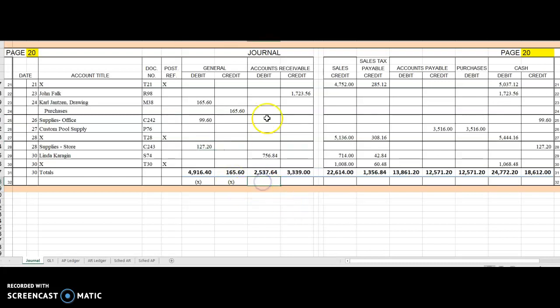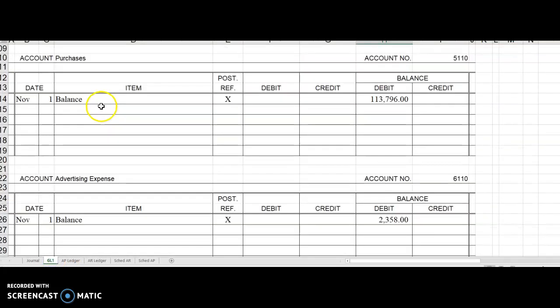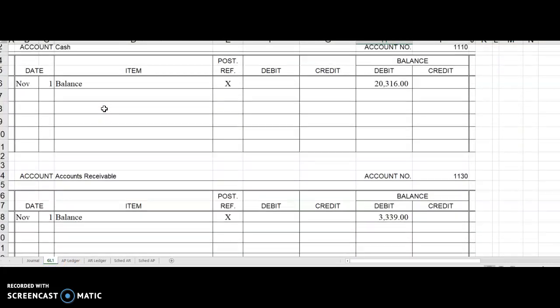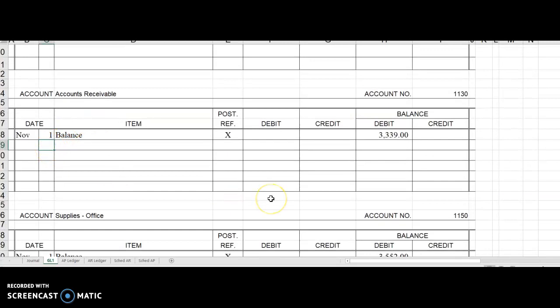Now you're going to start posting these totals. So you would go to the accounts receivable account, which would be in your general ledger, because yes, you've posted to each individual customer account, but now you need to post these totals in the actual general ledger accounts. So you would go to your general ledger, find accounts receivable, which should be up at the top with your assets. The date was the 30th of the month, and this information was from page 20, and you had a